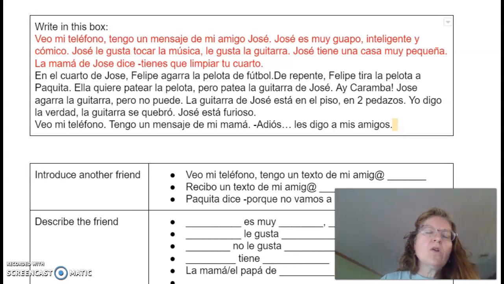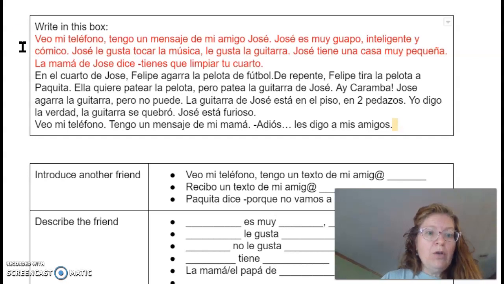Hola, clase. So this is a model or an example or a lesson about how I would like you to do the bonus chapter. So first step, you probably have watched, well, I hope you have watched the other video where the end product is what you see here on the screen, the right in this box, where I've got in red what I did thinking out loud for you